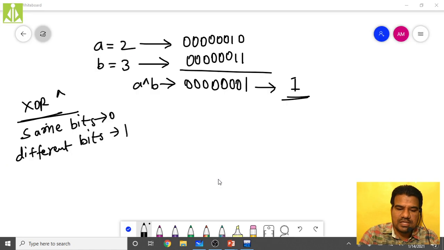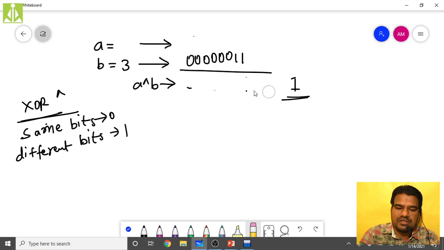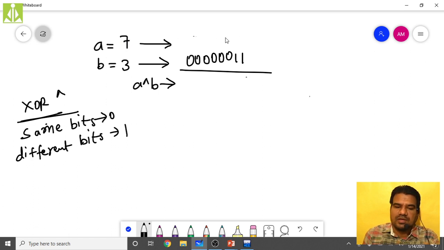How we got that 4 in the sense, simply go again here and delete this thing, because the B value we kept same, 3 only, but the A value only we are changing. So this thing I will delete, and the result also I will delete. Now the A value, what we took, it is 7, isn't it? 7 means 3 ones, like this. Then the remaining 5 bits we have to put zeros. 1 2 3 4 5.